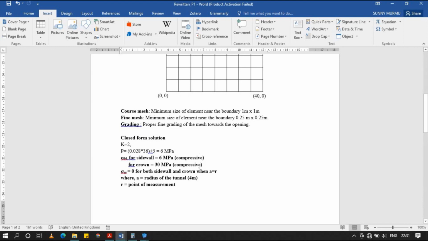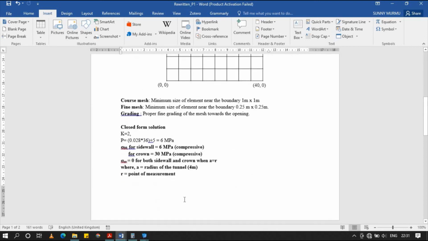So we see that as the mesh size decreases, the results are much closer to the Kirsch equation. They agree much more. The difference gets smaller and smaller.